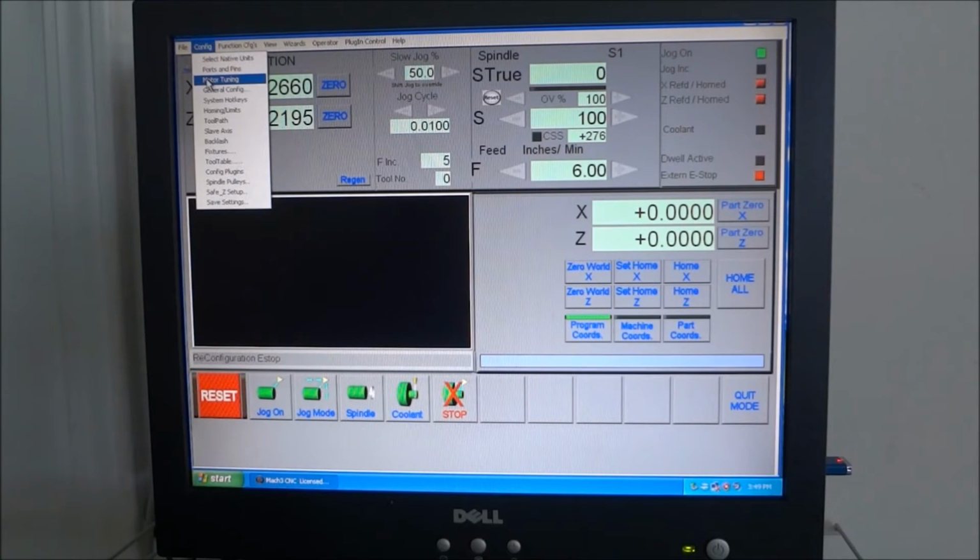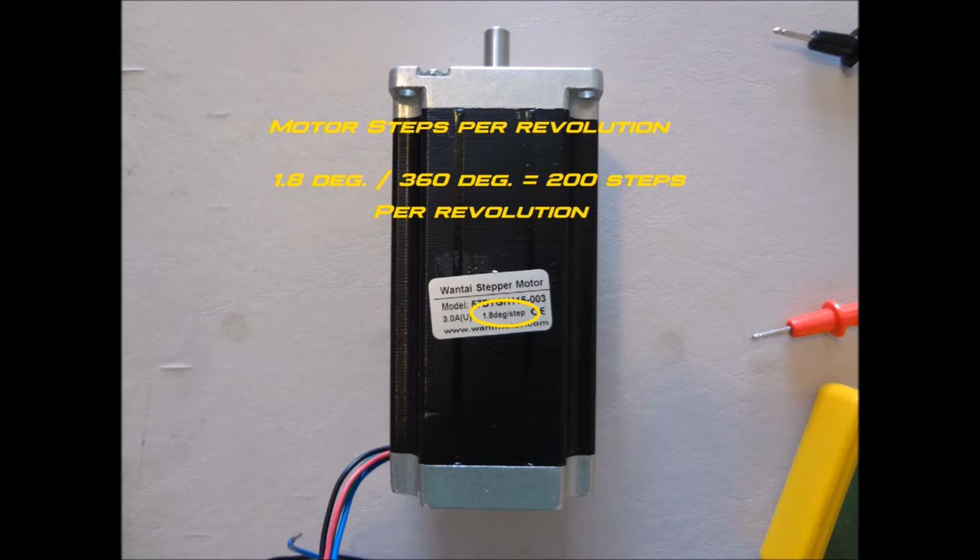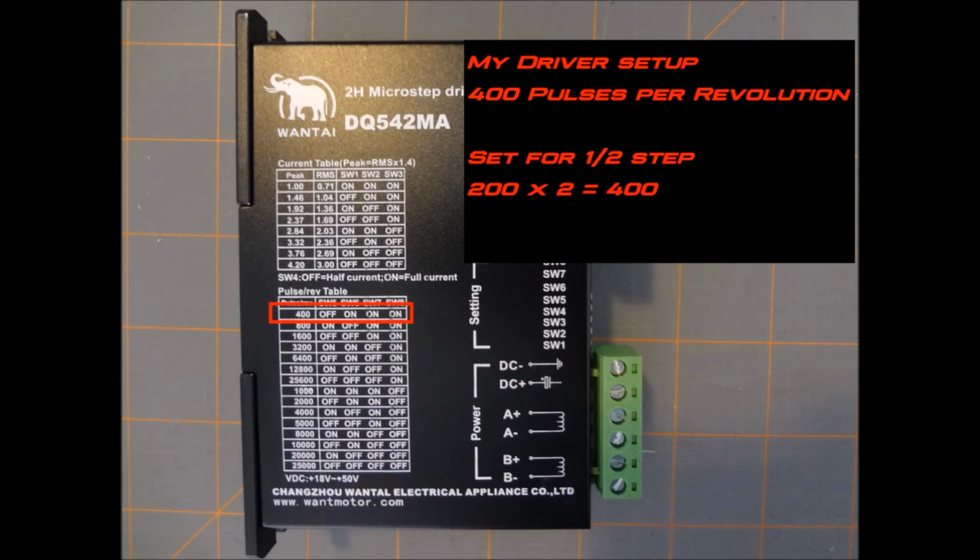The next thing is our motor tuning. Okay, for our motor tuning and setup, we need to set up our steps per unit. So most of the modern stepper motors are 1.8 degrees per step. So you divide 360 degrees by 1.8 degree, and you come up with 200 steps. So that's where we get the 200 steps per revolution for our motor. Our stepper motor driver, my particular driver is a DQ542MA, and the lowest pulse per revolution that it outputs is 400, which is half step. So what you have to do is you basically just multiply the 200 by 2 to get your 400,